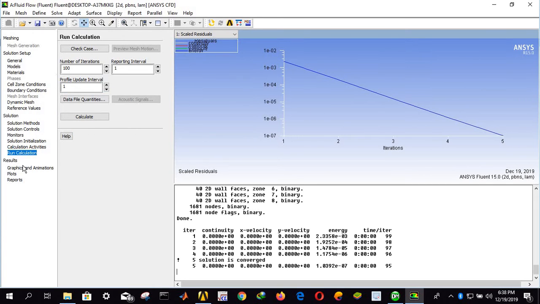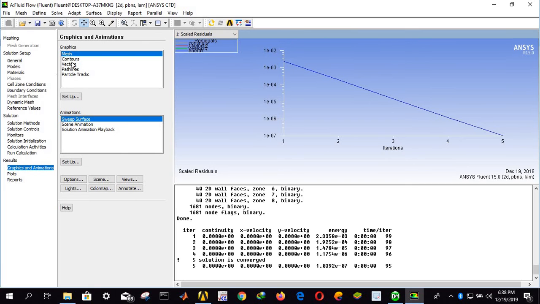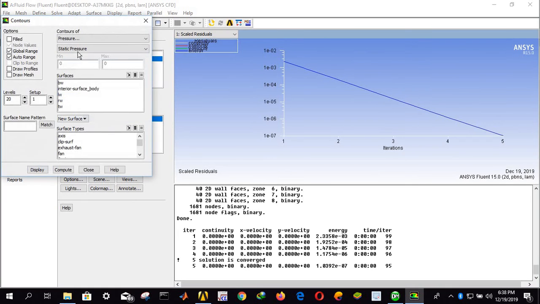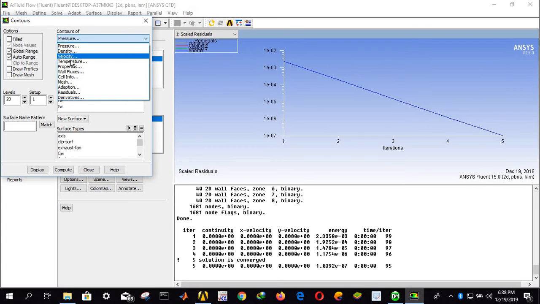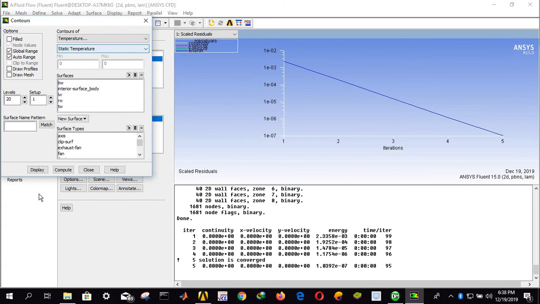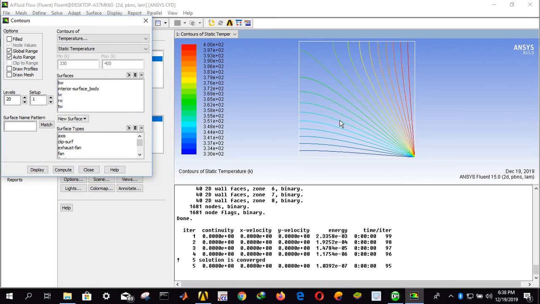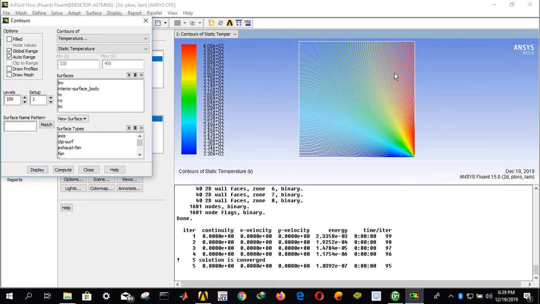So press OK. Then go to graphics and animation, contour tools, then setup. Then go to temperature contours, static temperature, and just press display. So as you can see, these are your temperature contours. You can increase the number of contours from here. Suppose I am keeping 100 and display. So as you can see, the number of contours has changed. And you can give fill also, and it will show the filled 2D temperature distribution. And